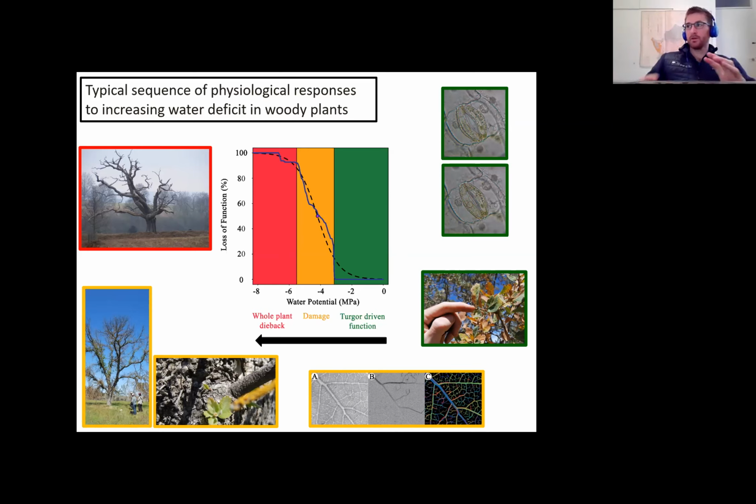So this is kind of the typical sequence of physiological responses that we have identified. And what we can do is take some important metrics to try to describe these processes. So one is we can define the turgor loss point, the point at which the plants lose turgor. We can define P50, indicated by this purple dot here. P50 is a trait that I'll talk about quite a bit. P50 is simply the water potential associated with 50% loss of hydraulic function, or 50% embolism, as evidenced by this